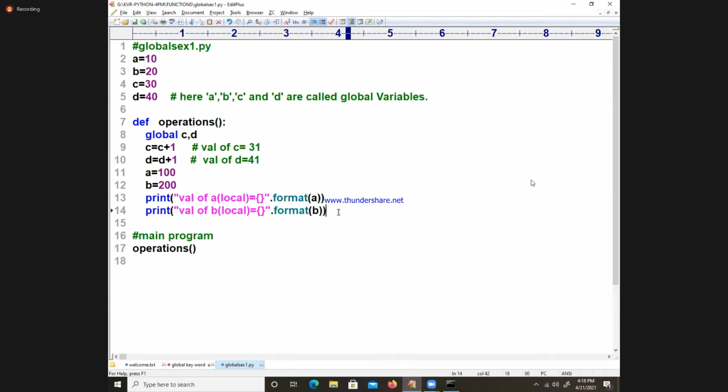My question is, this A and B is 100 and 200. Now I want to add: result is equal to C plus D. What are C and D? 31 plus 41.